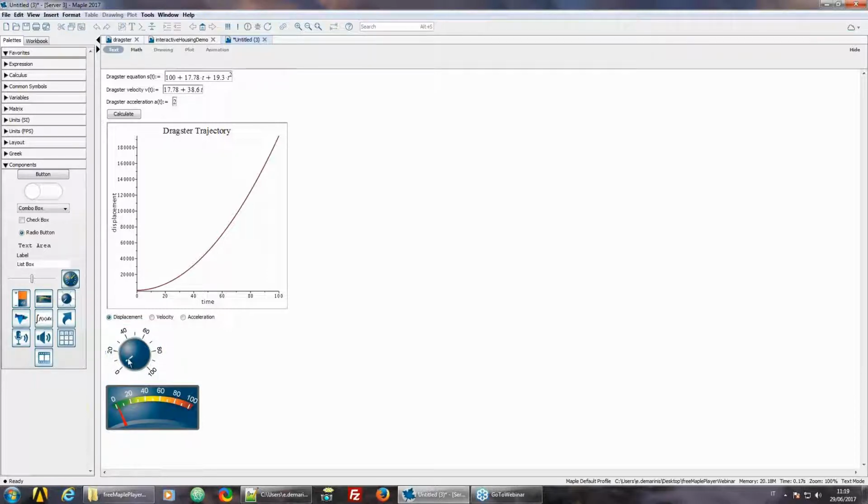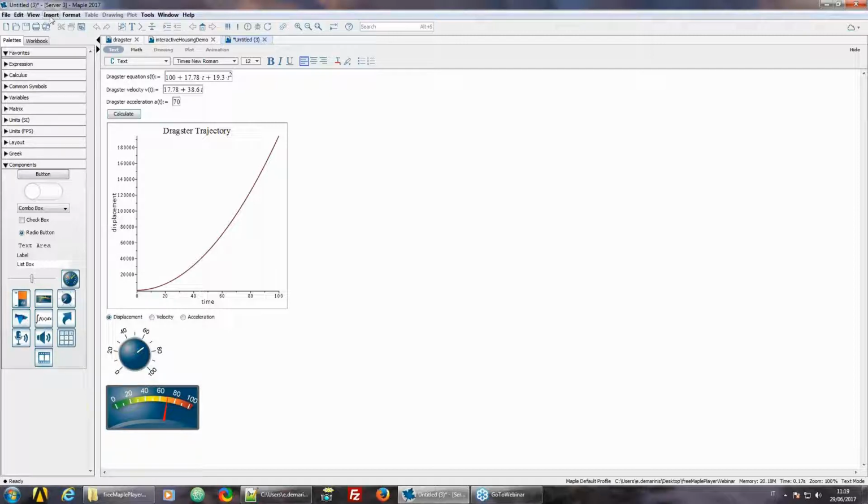If we change our component, we can see the behavior change of this component, and we can see also that the acceleration retrieves the values from this component. Now we must arrange this component in a more user-friendly